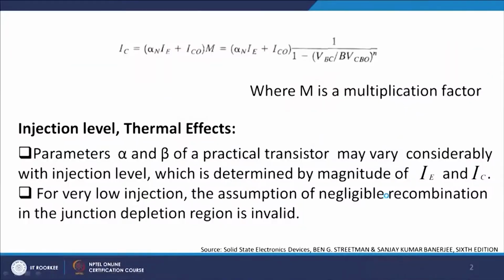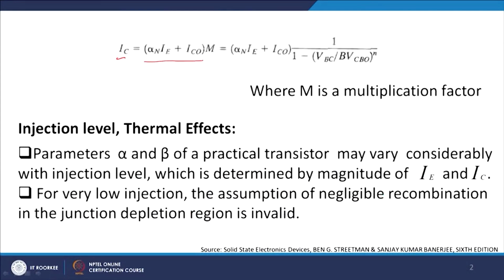We will start from where we left off in the previous module and see what the other second order effects are, and also look into the typical cross section of a bipolar transistor, and then we will recapitulate this whole discussion. Typically, this will be the last presentation on bipolar technology. After this we will move to CMOS technology, because that will be the next structure we will see. So, as we left in the previous discussion, the collector current IC was given as